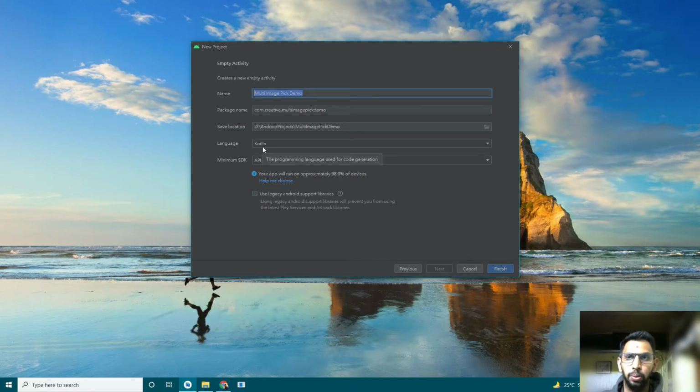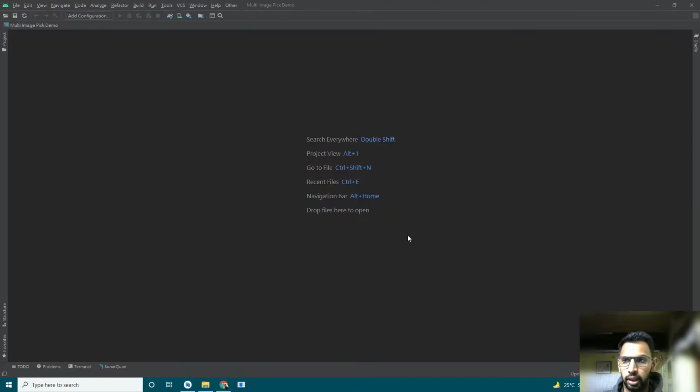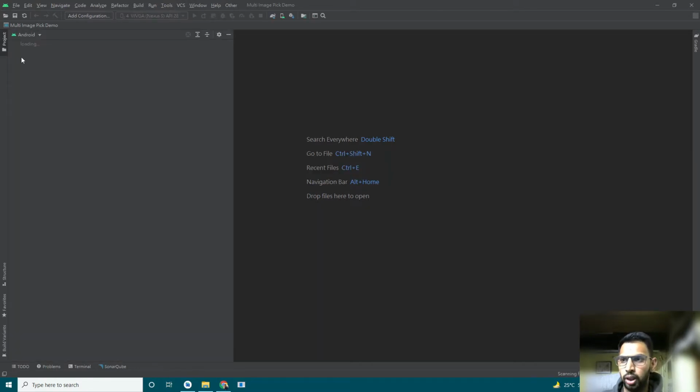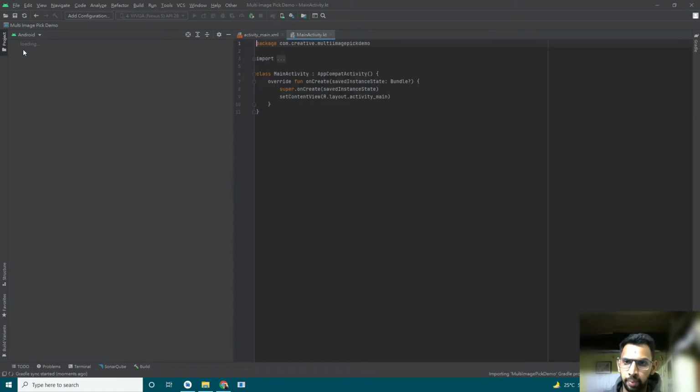As you all know right now, Kotlin is a great language rather than Java, and I hope you all are working on Kotlin. Clicking on finish, which will create a new project in Android Studio. Once the Android project is created, the empty activity is also created.